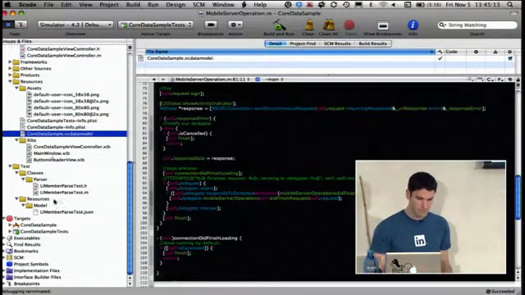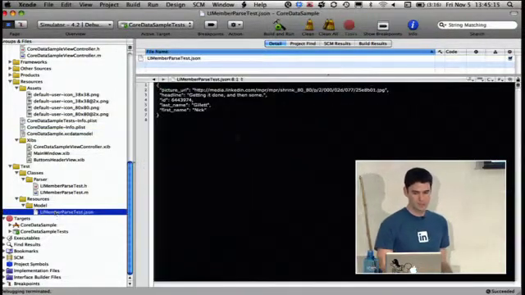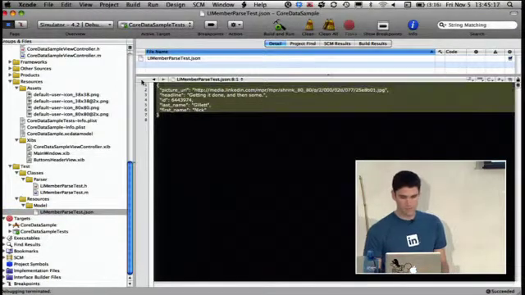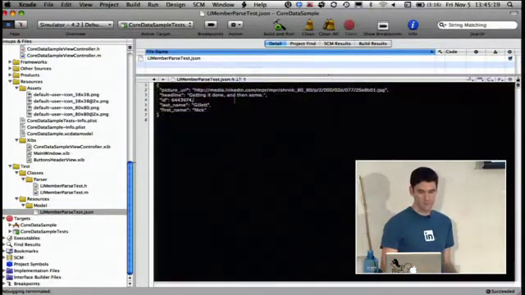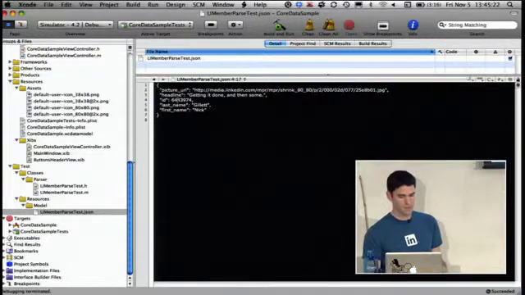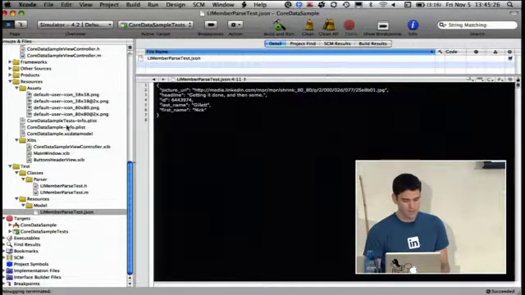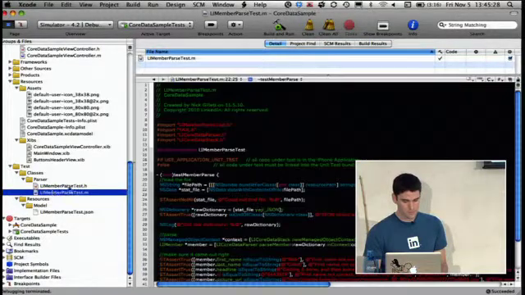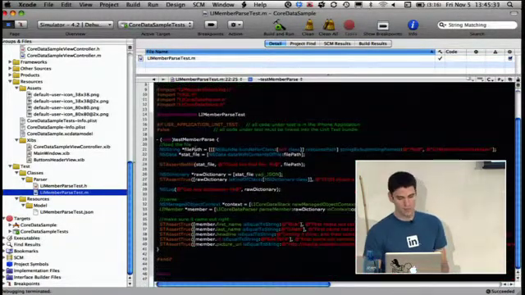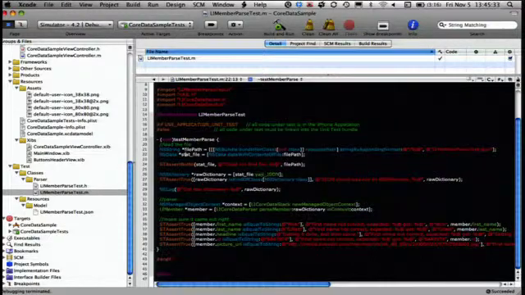What I've done is canned up a little bit of JSON. This JSON contains a little bit of my member information. It has my picture URL, my headline and my member ID. It also has my first and last name. I've written a really straightforward unit test, which basically says, go off and find me that JSON file, parse that into a dictionary using your average third-party JSON parser, and then serialize that into CoreData, right? And so if we run the test,